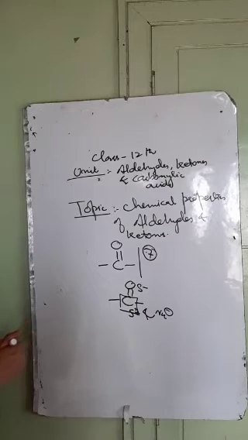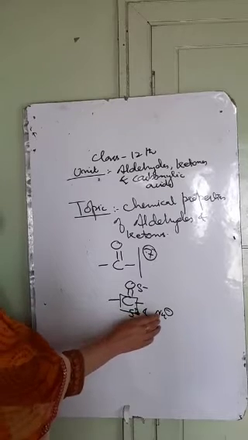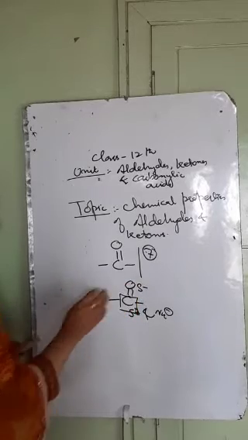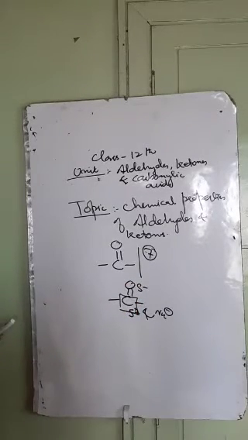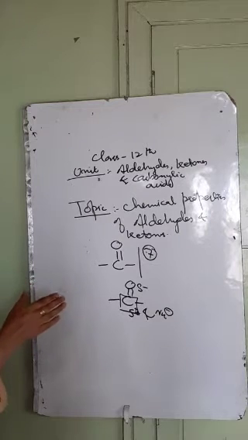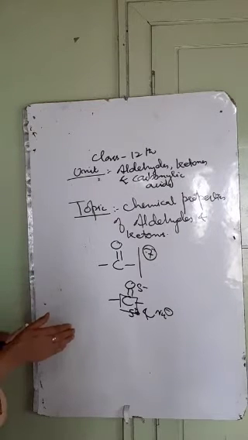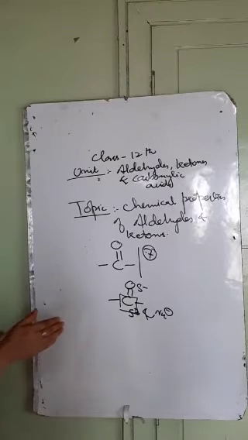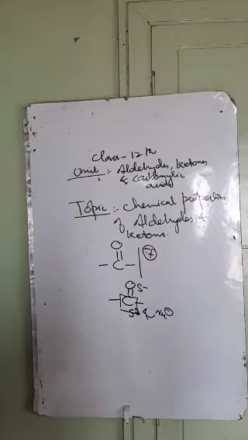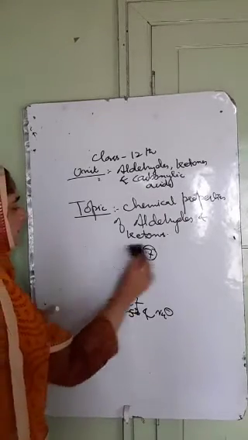So we can say that the important reactions shown by the aldehydes and the ketones are the nucleophilic addition reactions. Addition, because here there is a double bond, and this double bond gets converted into 2 single bonds. Now we have some of the important chemical reactions of the aldehydes and the ketones, which I just told you were divided into the following 7 categories. So today we are going to discuss the first category of chemical reactions of aldehydes and the ketones.